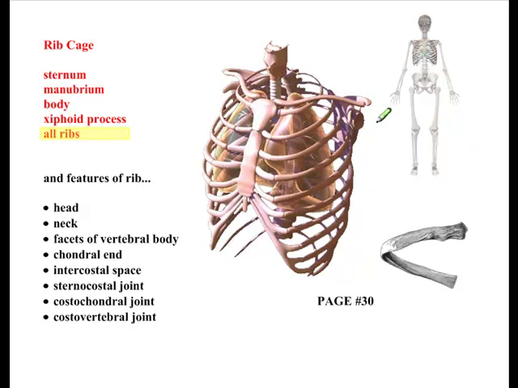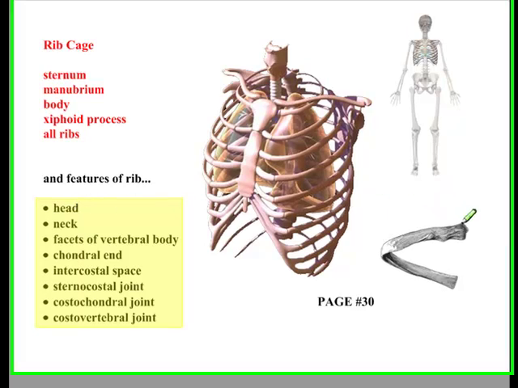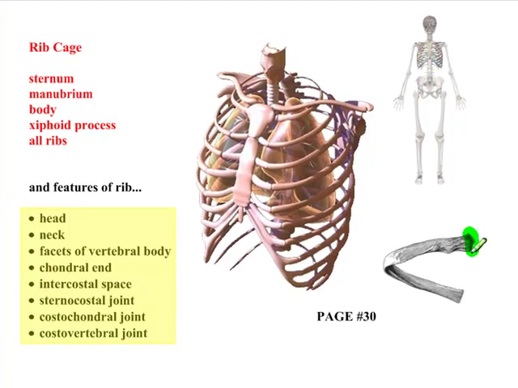Now, if we continue on further with our investigation of the rib cage, we will see some features that are going to be important to us. First off, we're going to be looking at a specific feature of the rib itself, and here we have an example of a rib. And the first feature is the head of the rib, and this is the bulbous section at the end, which does indeed connect with the vertebrae at the back. Part of that